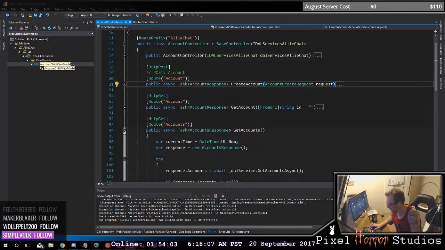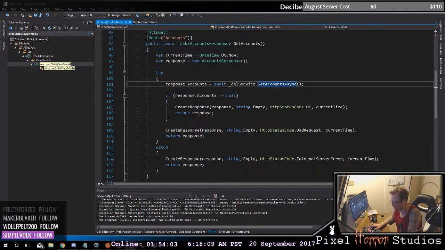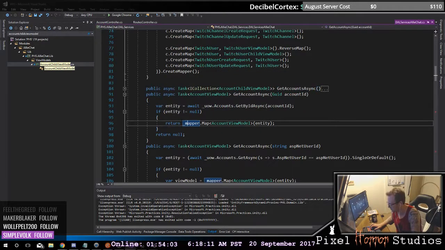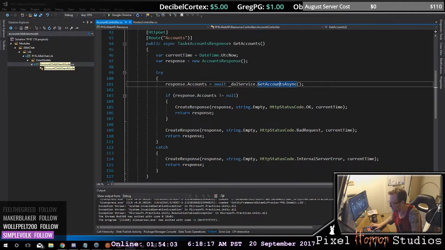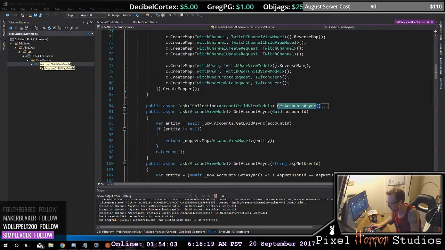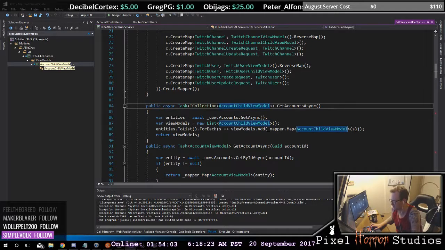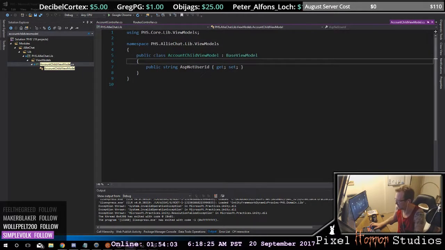Get accounts here. Get accounts async. This returns this account child view model. So this did have the